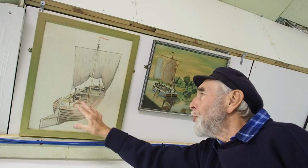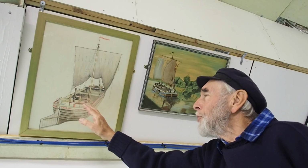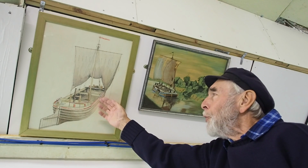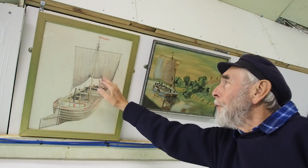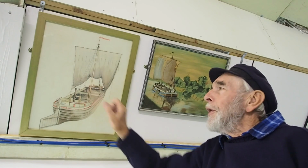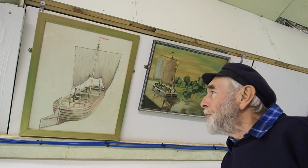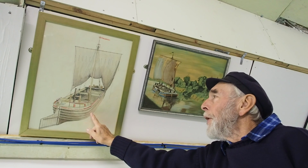So all these bits are functional in different ways, and they only had one main beam. And of course the main beams in a barge, not only are they holding it together, they're holding it from the water pressure pushing it in. So the deeper it goes, the more water pressure there is on the sides, which is why you need beams at deck level. So these only had a very light sail, and this, interesting the way they've done this, that's an easy and quick way of shortening sail without actually taking the sail down, and that's called in sailing terms scandalising. But these were very useful, and this size would go on the Grantham Canal, on the Erewash Canal,